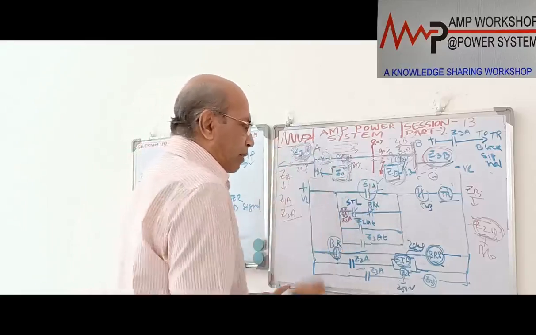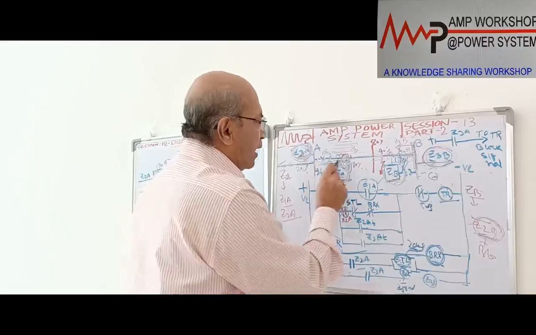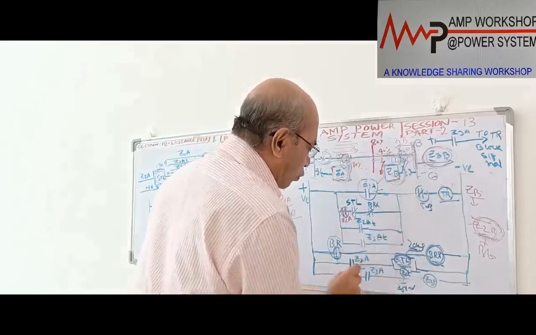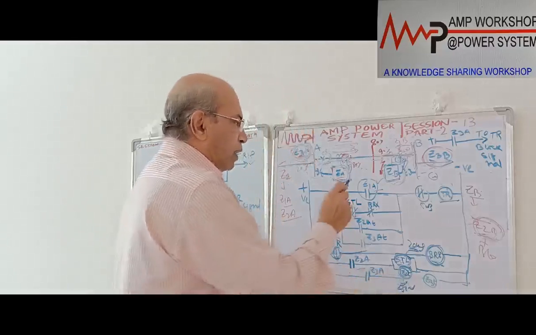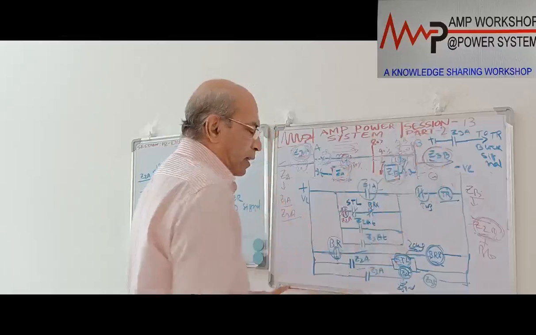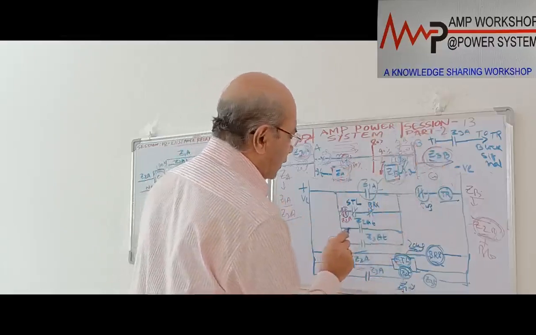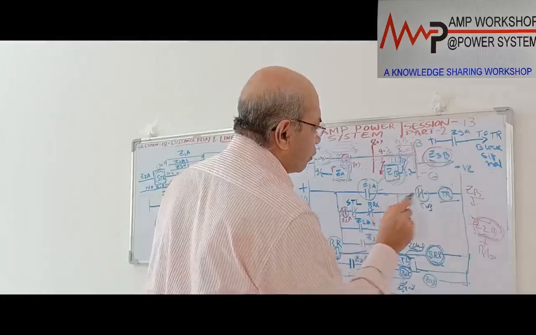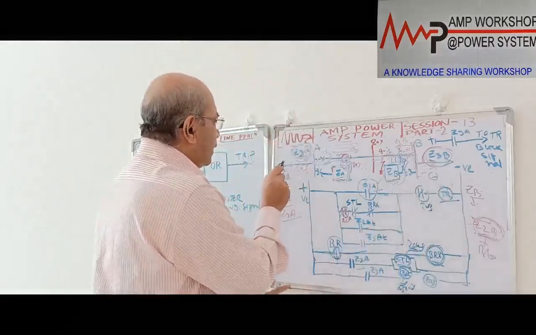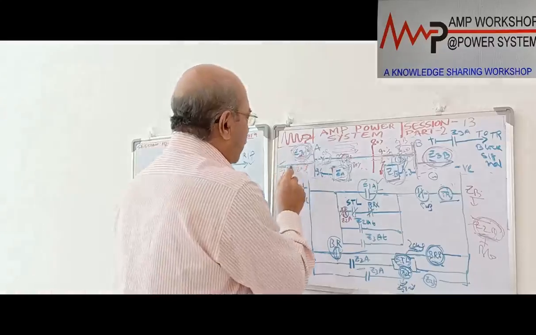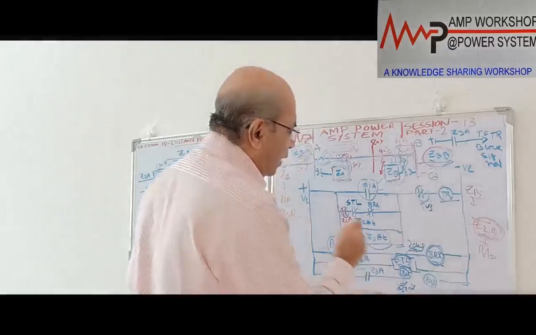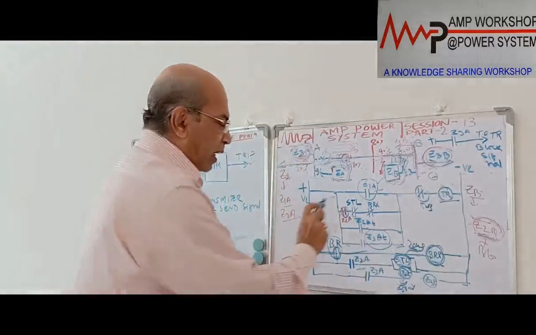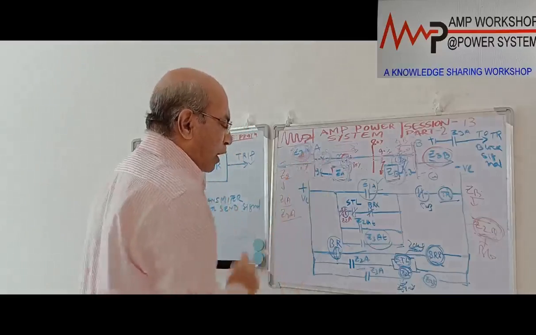If the normal tripping does not take place, then what will happen here? Zone 2 is already operated, and zone 2 energizes another normal timer, which is 250 milliseconds. So if it does not operate in this way, after 250 milliseconds this is also tripping. And the zone 3 element in this direction, as per the setting of 400 milliseconds, if there is a further end fault anywhere, then it will trip by Z3T. Okay, these are the simple logic for this blocking scheme.